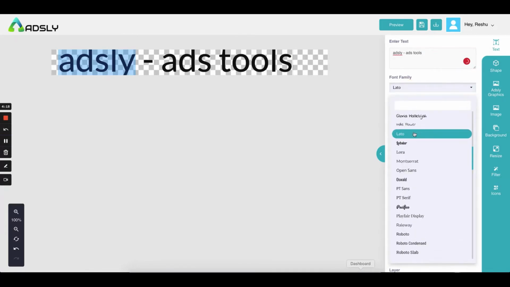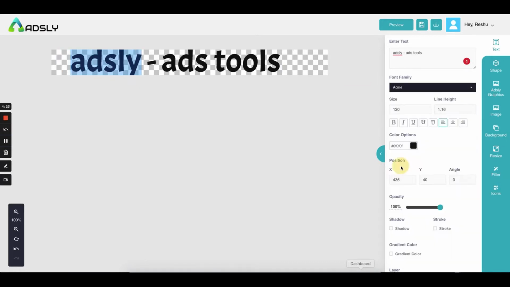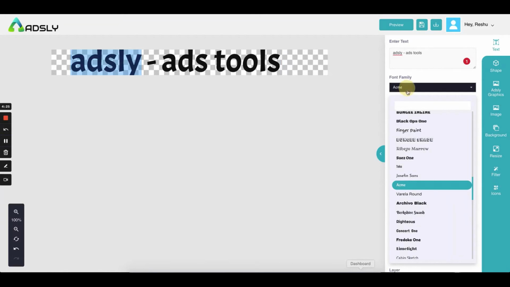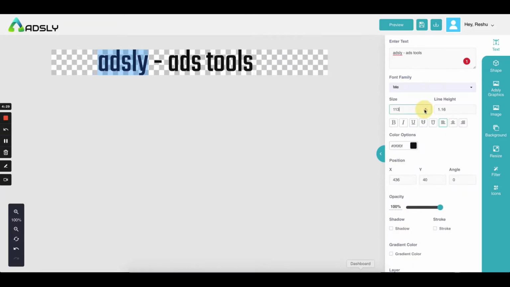From here you will get the option of changing the font, or maybe the size of the font. You want it small or big, according to your ad, and the distance between the two lines.